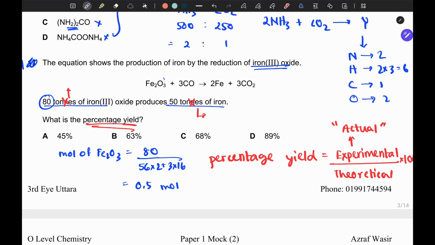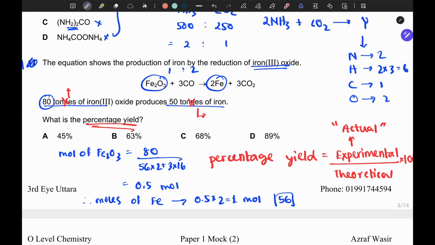Now if you look at the molar ratio of Fe2O3 and Fe, it's a 1:2 ratio. In that case, moles of Fe should be double that of Fe2O3. So it should be 0.5 times 2, that's 1 mole. Now 1 mole of iron will definitely have a mass equal to its atomic mass, which is 56. But how much did we obtain? We obtained 50. So in that case, percentage yield should be 50, the actual mass, divided by 56, the theoretical